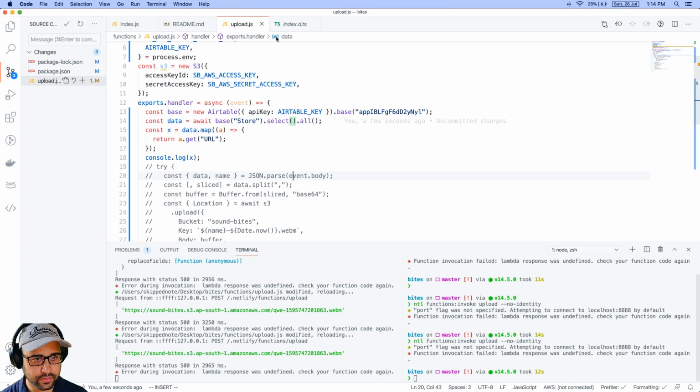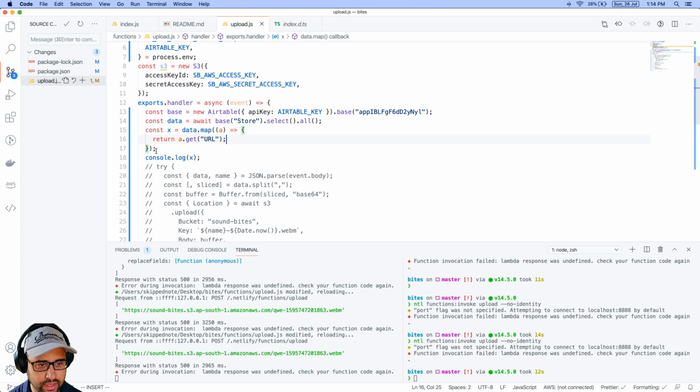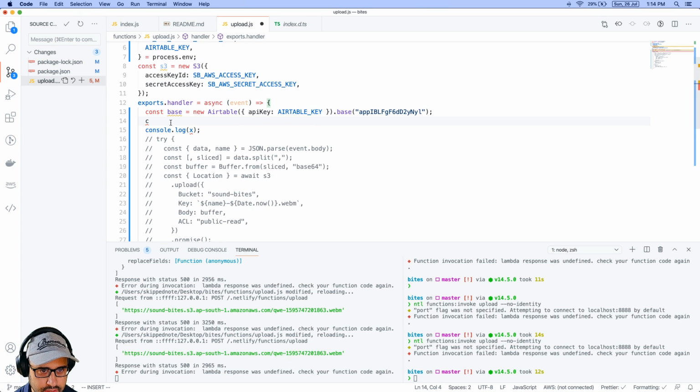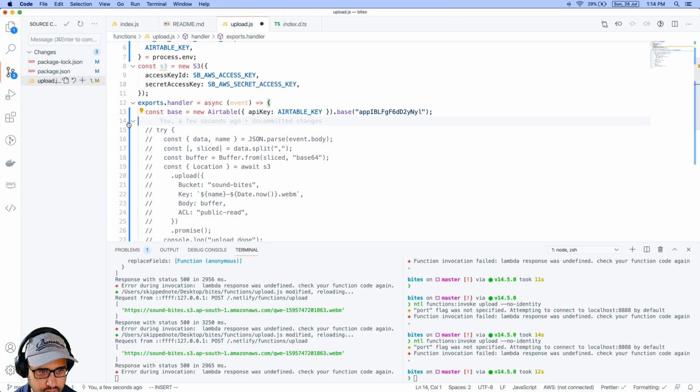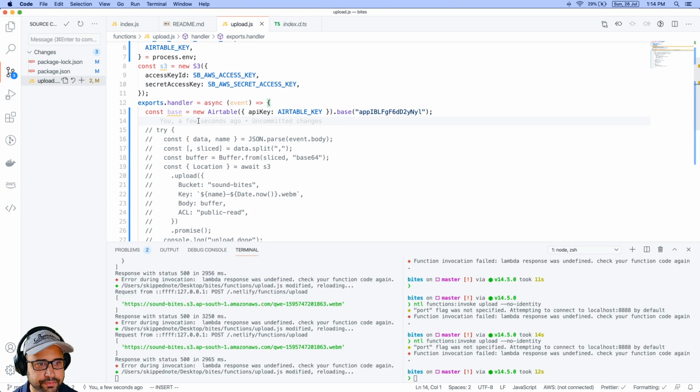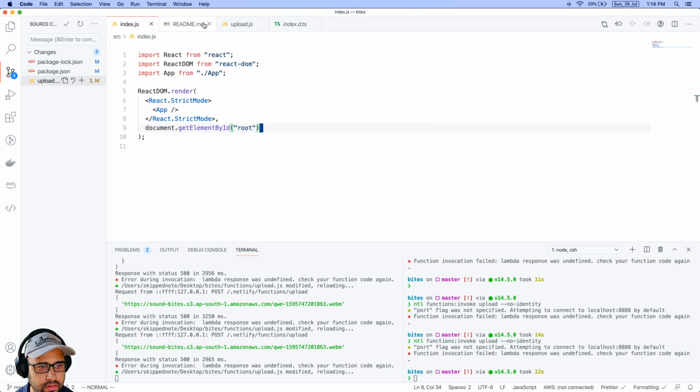Okay, so this is fine. I can get the data from here, but I think what I'm thinking is just store this data, and I think that should be good enough for the stream. So we need the base as such, right? So I'll get rid of this thing for now. Yep, this bit. Then what will happen is, as soon as